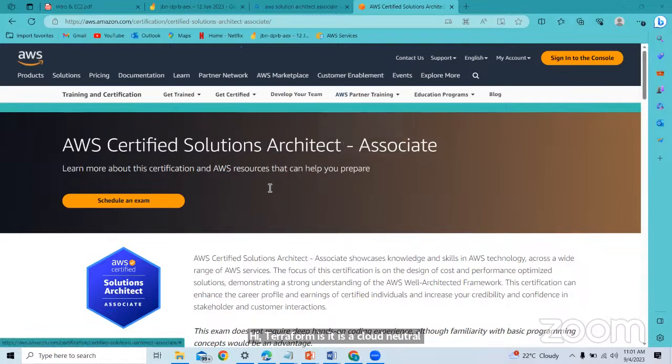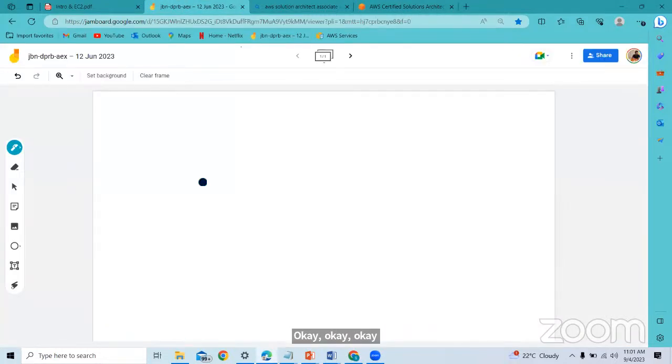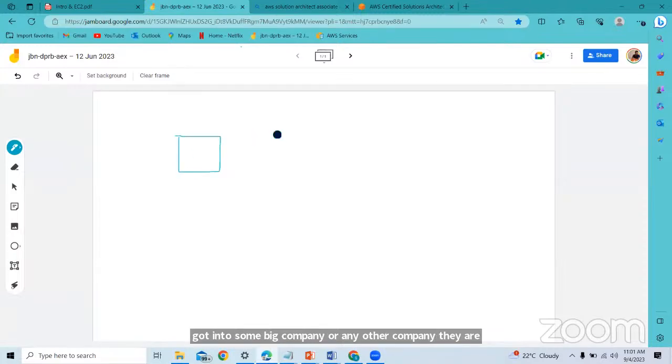So how Terraform works is, let's say you have got into some big company and they are using the AWS cloud environment, the Azure environment, and the GCP environment. Let's say they're using all three.